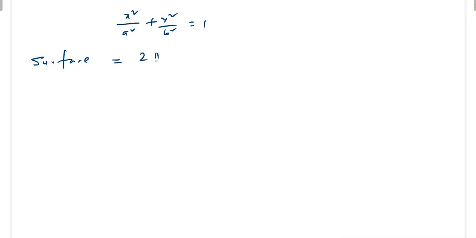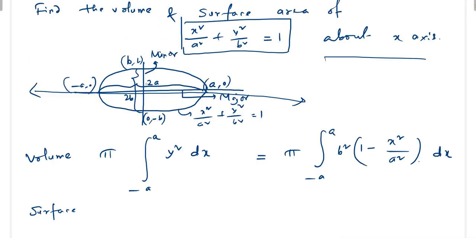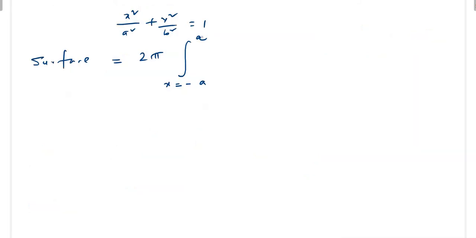It is 2 pi times the integral from x equal to minus a to a, because if you just rotate this portion of the curve, the full three-dimensional figure can be generated. It's like an egg. So surface area will be 2 pi times y into root over of 1 plus y1 square,